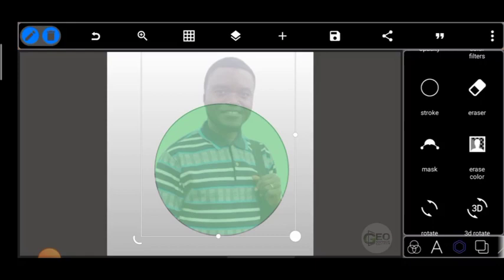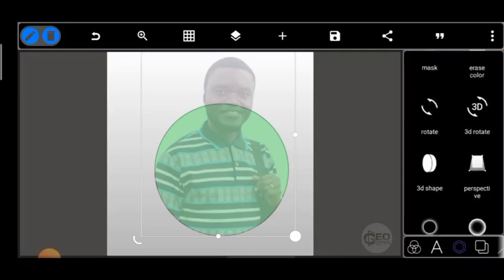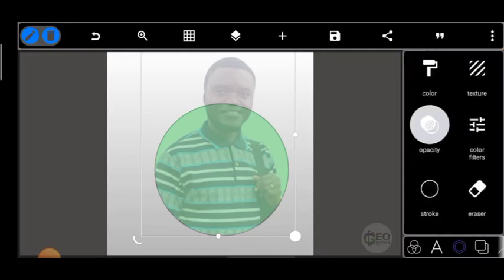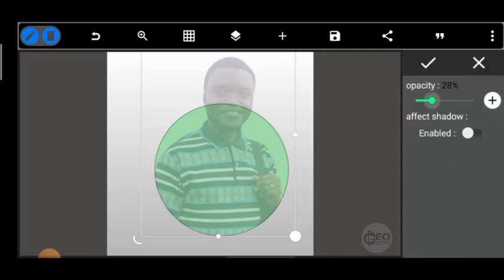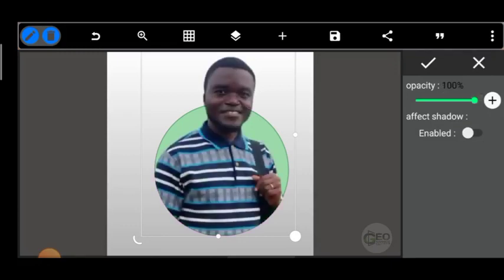Okay, now we are going to continue with the process. This done, we shall progress by readjusting the opacity of our picture. Go back to opacity with our picture selected. I hit, and then I take it back to 100%. Wow,